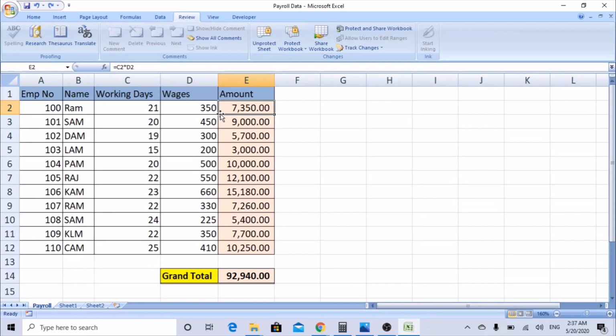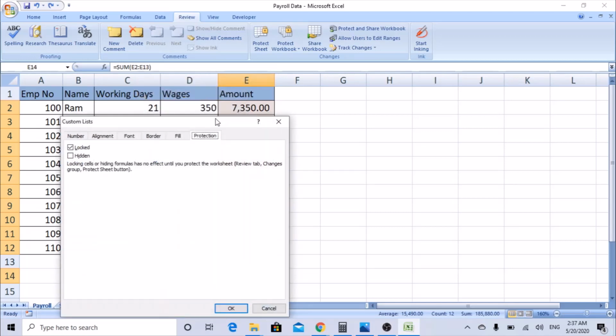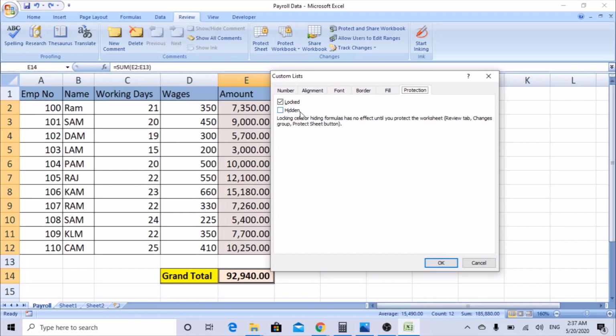For that, how can you protect that? So unprotect this file first. So now again select the range, control, select the grand total. So right click on the top, format cells. So now you can see an option called hidden. If you check this box, it will hide the formulas. Now you can see here the formula. So once you click this,